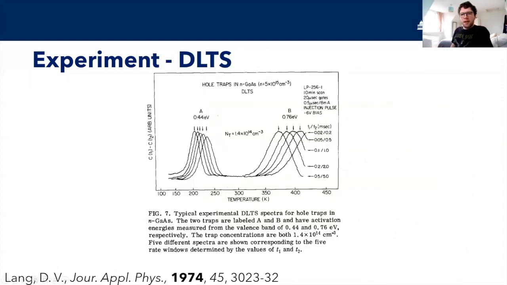Another experimental technique that can be used is DLTS, which is deep level transient spectroscopy. It's a technique that emerged in the 70s that allows you to observe charge carrier traps near the valence band and conduction band minimum. So how it works is